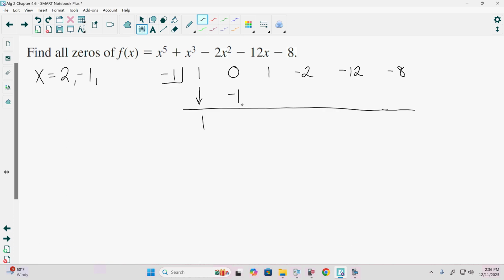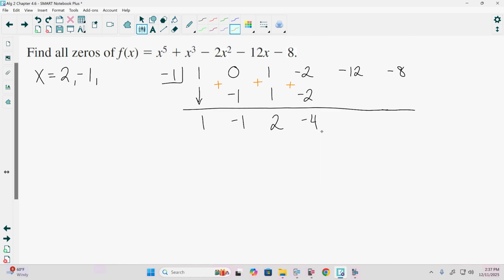At this point here, we're going to add straight down. So 0 plus -1 is -1. -1 times -1 is 1. 1 plus 1 is 2. -1 times 2 is -2. -2 plus -2 is